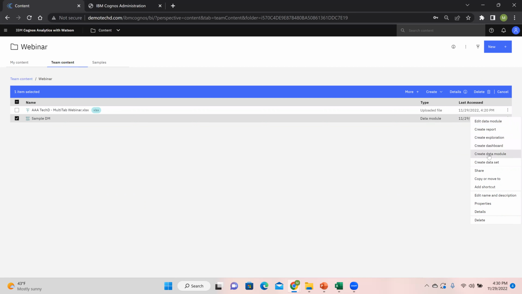Right? Things that are different. I can create a data module on top of a data module. I don't necessarily recommend this because you're essentially cascading. I would maybe go one level, no more than that, as a best practice. Just because if somebody changes one thing in one data module, it could literally destroy a dozen that are connected